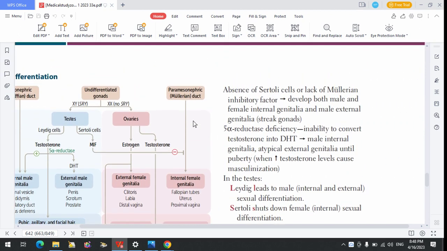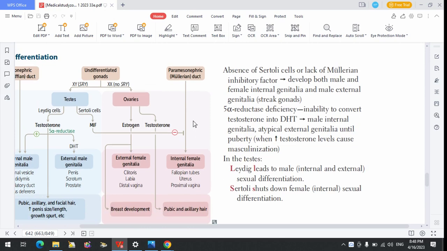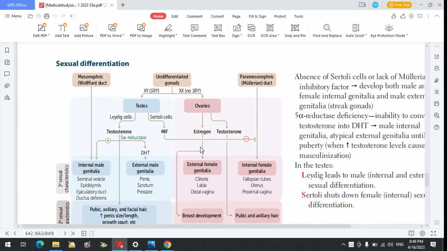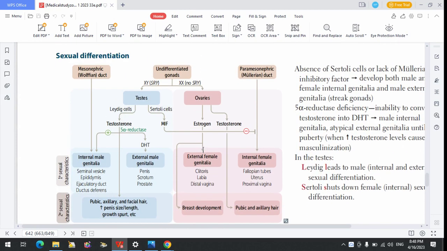Now, let's go to the clinical correlates. So in some conditions, an individual can have absence of the Sertoli cells. And when there's absence of Sertoli cells,